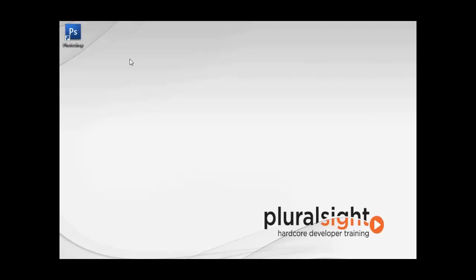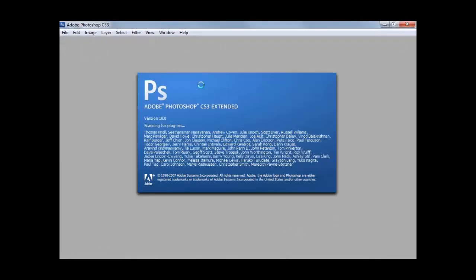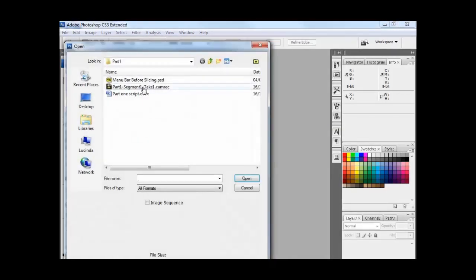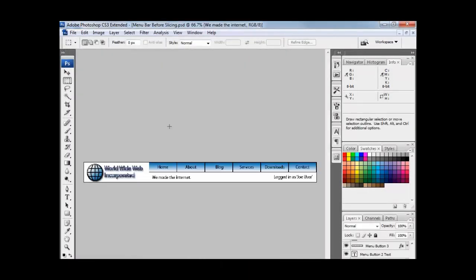The first thing we're going to do is load Photoshop. Once Photoshop is open, we're then going to load in a pre-made menu bar that we already have. As you can see, there is nothing special about this. We have a simple, straightforward menu bar, typical of the type of asset that might be provided by a designer